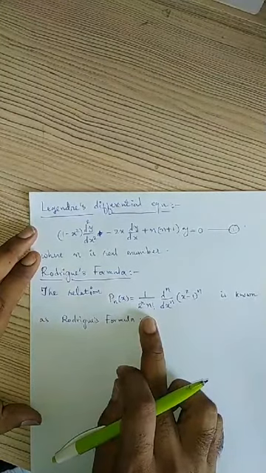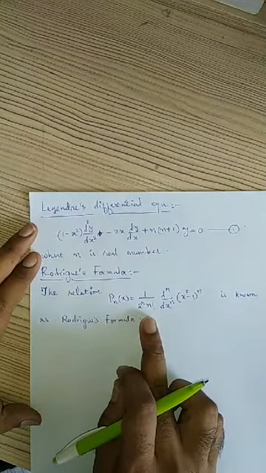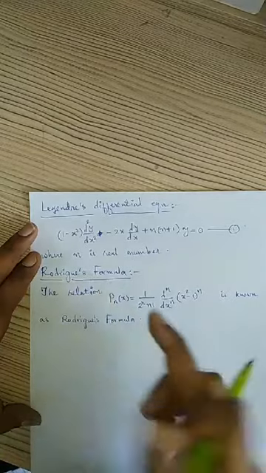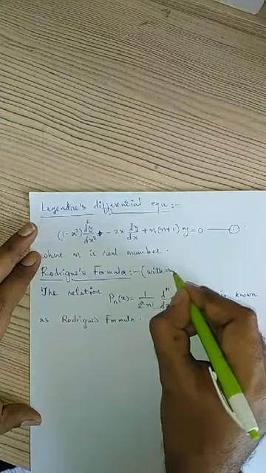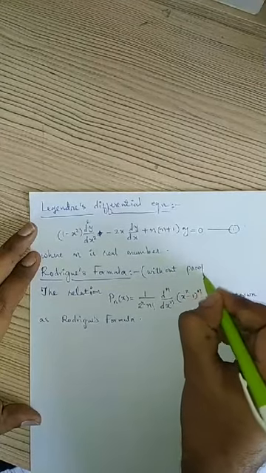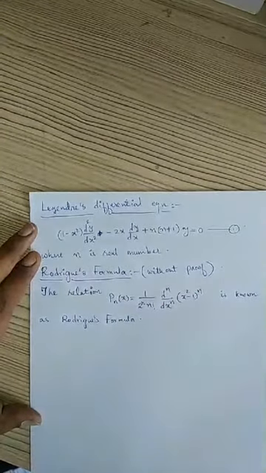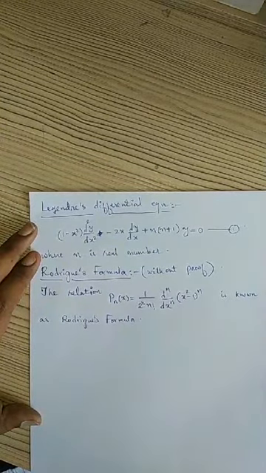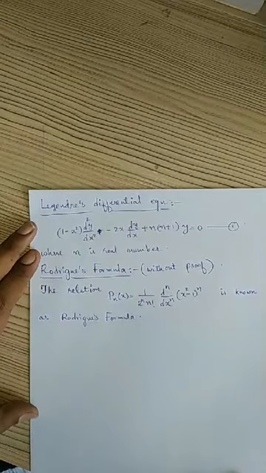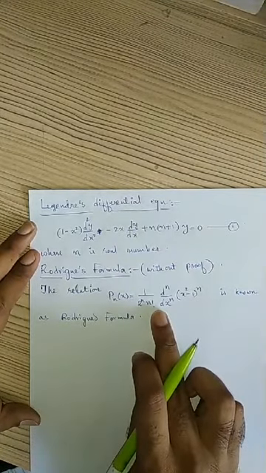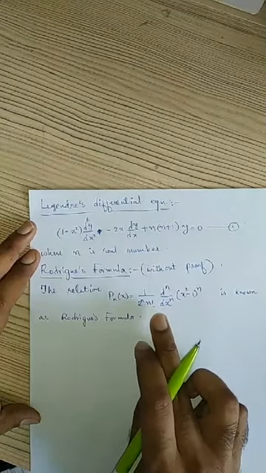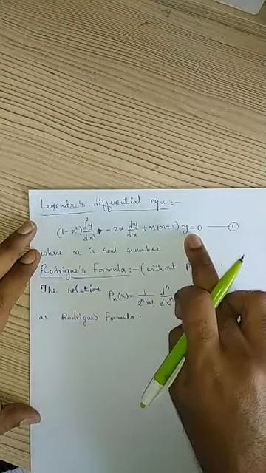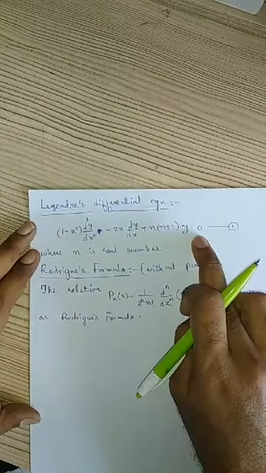If you see the syllabus copy in unit 4, beside this Rodrigues formula, in brackets, "without proof" is written, right? We don't need to go into the details of this formula. We don't need to derive or prove how we are getting this formula. Actually we get this formula from this equation. So that's why Legendre's differential equation is included in the syllabus.